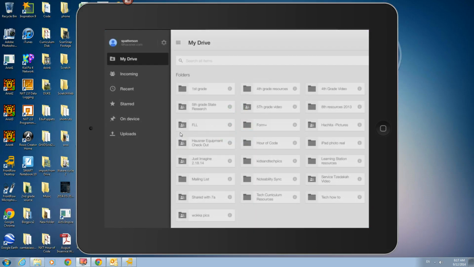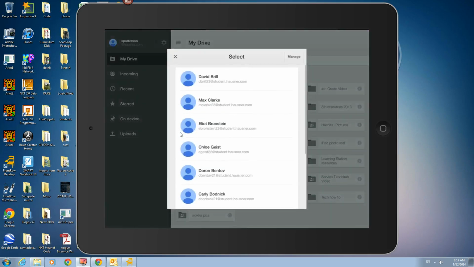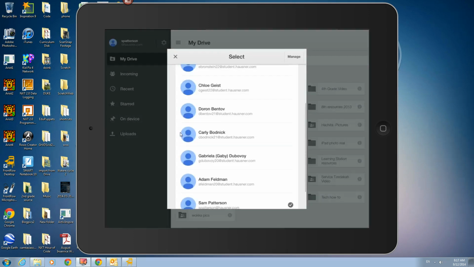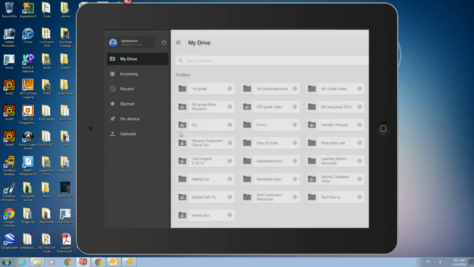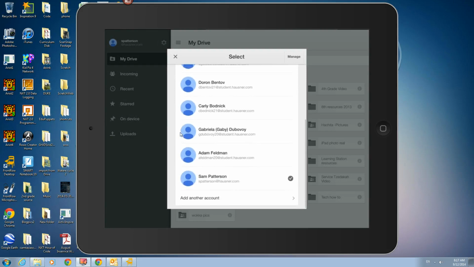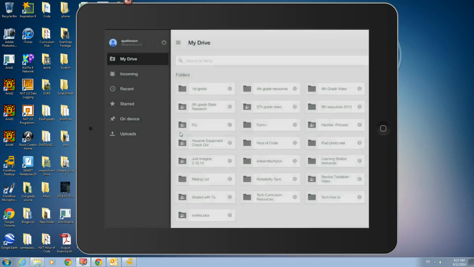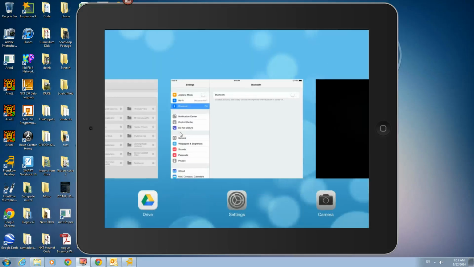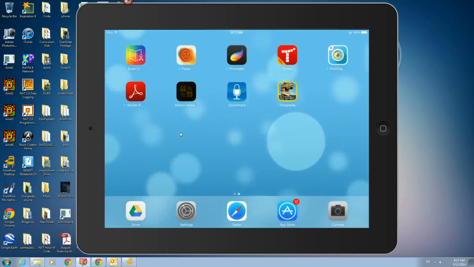And when you get to Drive, if you haven't already selected your profile, you're going to do that. And if you come up and it's not your name, click on the name in the upper corner, and then go down and click on your name and enter your passcode. Now that you've signed into Drive, you can single-click the Home button and return to the main screen. Now we're going to go to Tynker,